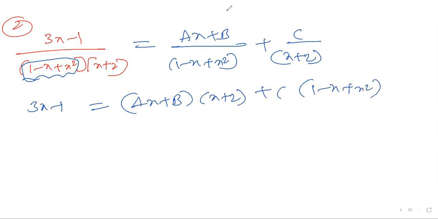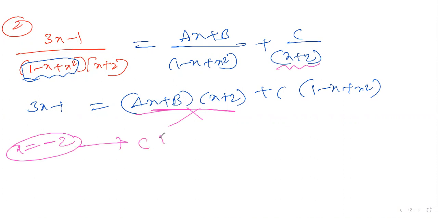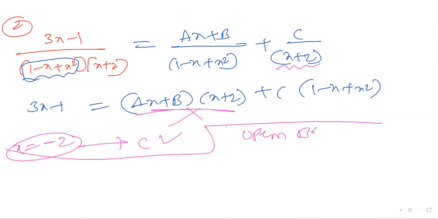The denominator is gone. Next case, the possibility here is x is equal to minus 2. Minus 2 means this is going to be gone, and you will get the value of C. X is equal to minus 2, you will get the value of C. But you don't have an option to get the A and B values. That is the same thing. Open both sides, compare coefficients, and you will get the values of A and B. When the C value is there, please substitute the value of C here. Equations become simple. Clear? Yes, sir. Thank you. Yes, sir. Next, I am going to question number 3.